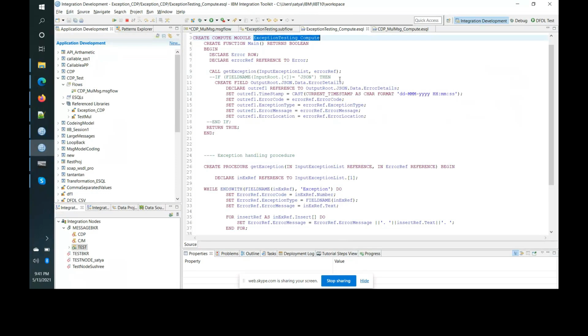Now, this exception message that you write has no relation to the input message domain. CSV, XML, JSON, it's not like that. For example, if you are exposing a REST API, you want your error details to go also as a JSON message, right? If your input is JSON, you want the error to go as a JSON to the person who is invoking your service.